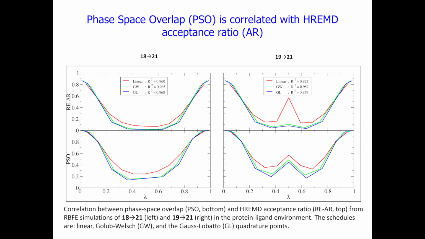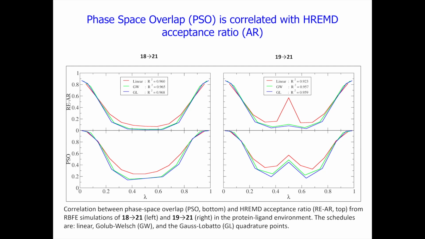However, this only works if you actually exchange coordinates. So if the difference between this lambda state and this lambda state have such big differences that whenever you do this Monte Carlo test to see if you can swap coordinates in a Boltzmann consistent way, if the answer is always no, that means you have a very small or non-existent replica exchange acceptance ratio.